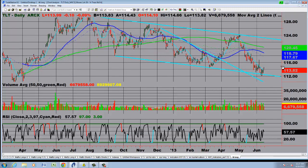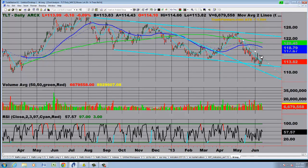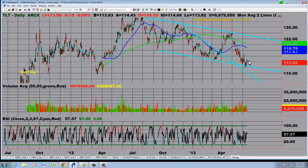Right now, we really need to confirm this reversal indicator right here. And the way we're going to do that is pretty simple. If we could take out this trend line right here, I would say that the play for a bounce back up potentially to this declining 50-day moving average is in store. That doesn't mean that this bond bubble is not in the process of bursting, but certainly on a short-term technical basis,